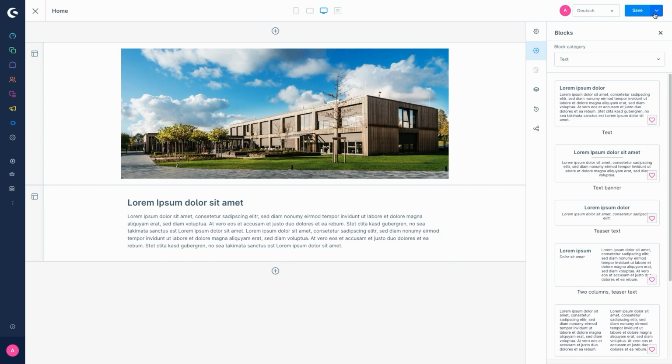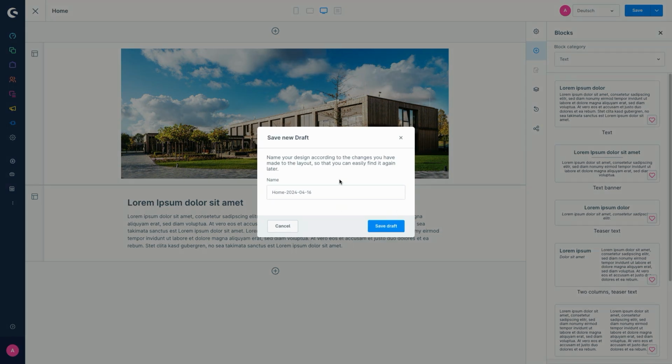Instead, we click on the button with the arrow next to the Save button and select Save as New Draft. Then give the draft a meaningful name and save using the Save Draft button.